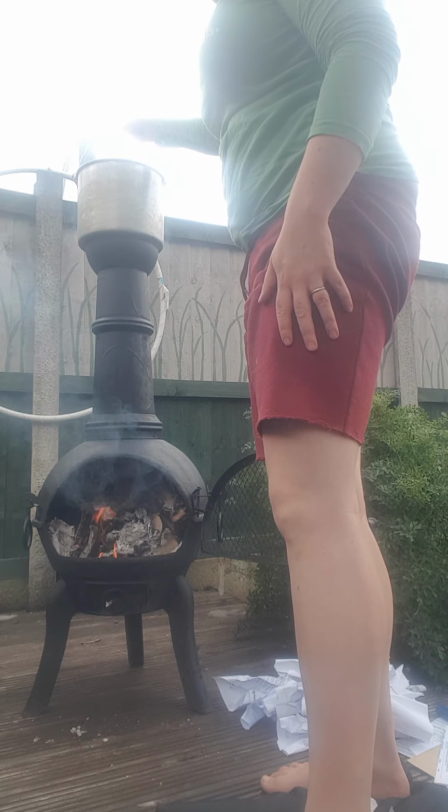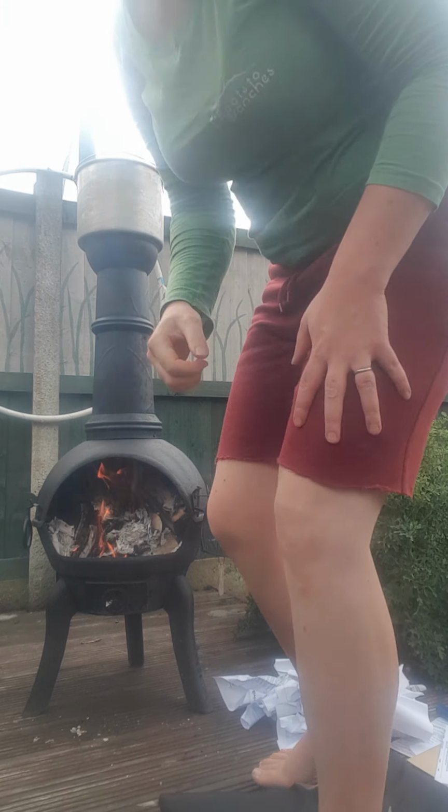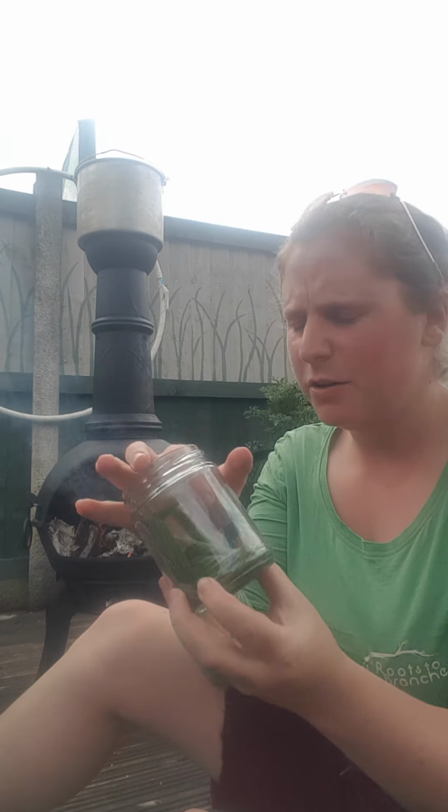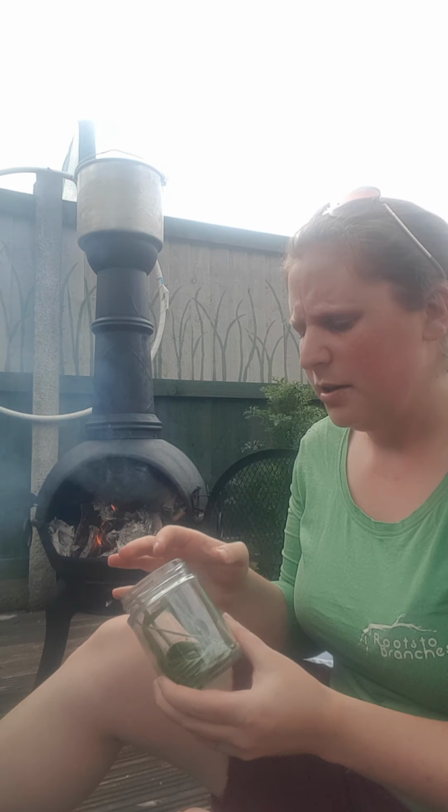It might get a bit smoky. I just need it to warm back up again. There we go. So I've not used the chimney for this, but we'll see how it goes. Okay, so you've got your plantain and oil, and it's simmered away for about half an hour in the bain-marie, so it's